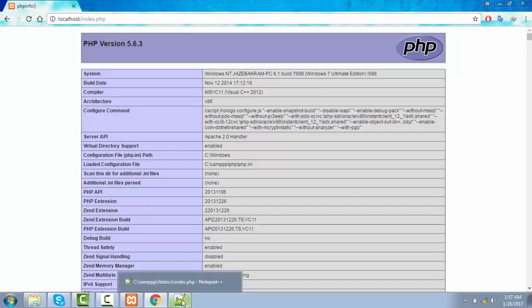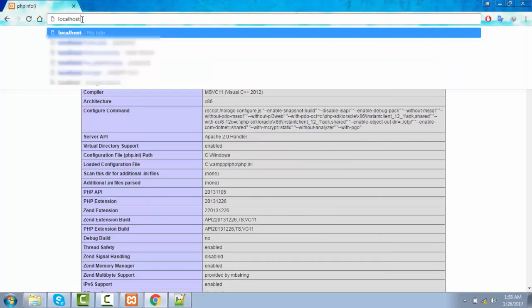And one more thing before moving forward, if you don't write anything after localhost, then our localhost will pick up the index file. It means that if you don't give a path to the index file, then your server is going to understand your main file, the index file, automatically.